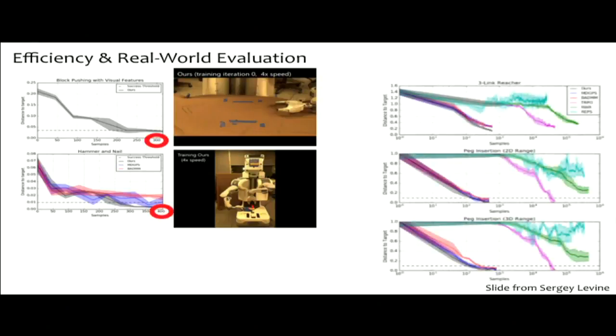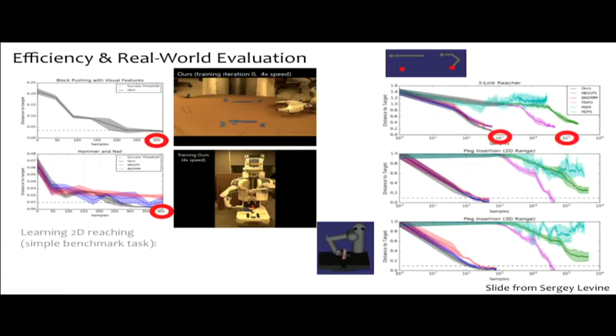And so there are some real-world experiments with this method. This method is very comparable to the assumptions that reinforcement learning methods make. You can see on the right these learning curves of the number of samples versus the cost. The red, blue, and black are showing guided policy search-based methods, whereas the pastel colors are showing policy gradient methods and TRPO. This is a log scale on the x-axis, and the guided policy search methods are orders of magnitude more efficient in the number of samples that they use.